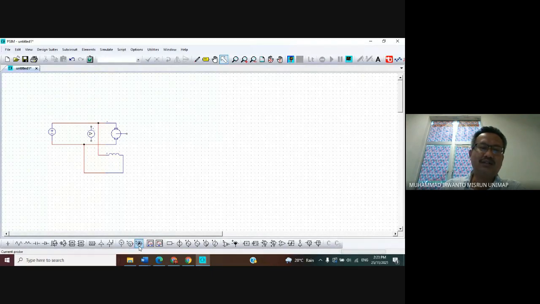Just click the menu bar, current flow below this one. Click and then drag and then place it on the red line. Just click like this one, and then to cut it, click the menu bar, select. And then we want to connect this voltage measurement to measure